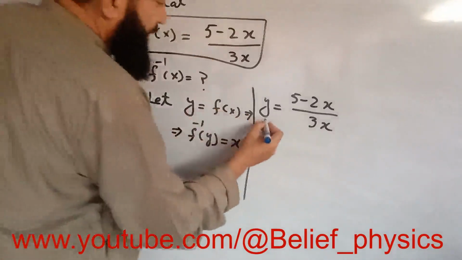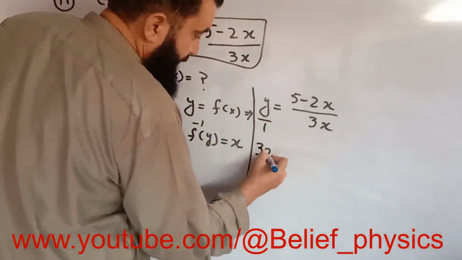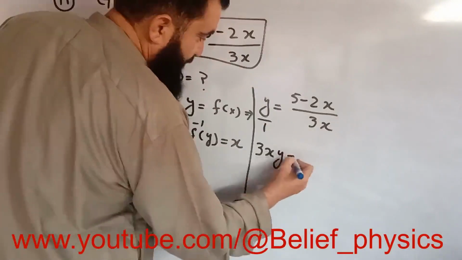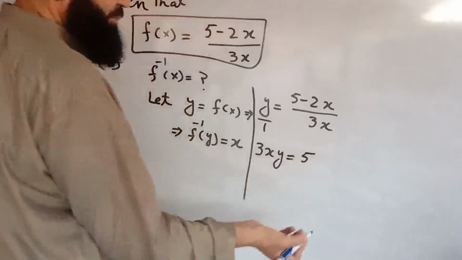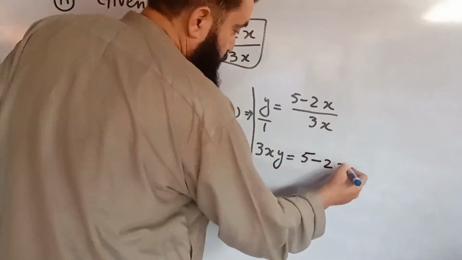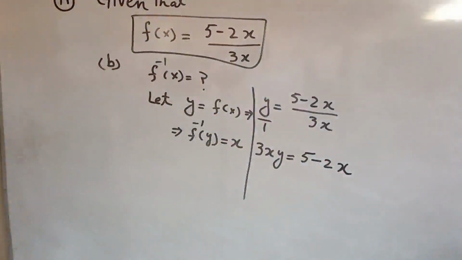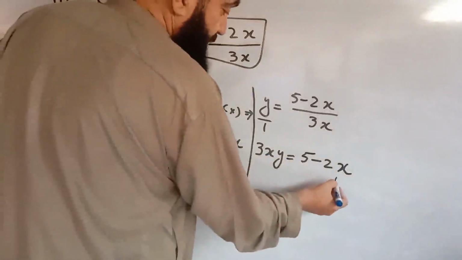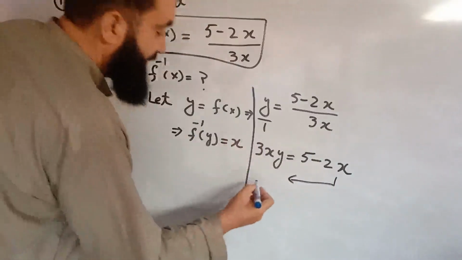कैसे, देखिए ये y over 1 है, क्या बन जाएगा, 3xy will be equal to, 1 का मल्टीप्लाई रहेगा तो वो वही रहेगा, 1 से मल्टीप्लाई किसी भी नंबर को करें वो वही रहता है. So this will become 5 minus 2x. Now take the terms containing x on one side and terms independent of x on the other side. So this is the x term. So shift it to the left hand side. This will become